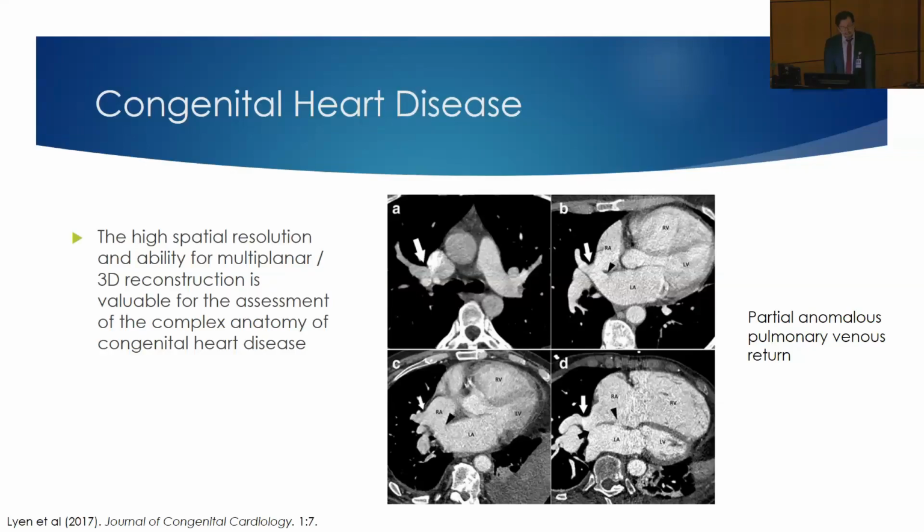And finally, congenital heart disease. There's a huge spectrum of congenital heart disease, and at our center, in our adult cardiology realm, we don't really see too many CTs ordered for this reason. I saw them a lot in fellowship, but what's awesome about this compared to echo is that you get a full, high resolution 3D data set. They can manipulate the planes and see the heart from all these different angles and really get a good idea,